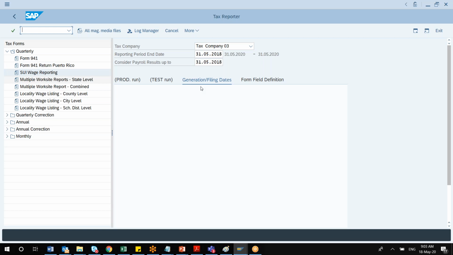But anyway, I'll just explain the concept here. This is the way you will be going through generation of the extract, because this access I'll be giving to you. It is up to you, and if it is not that, you can create your own payroll area, the way other students are doing, and experiment it out. So you'll be basically generating the filing data. It will generate the files here, and the form field definition is actually the structure of the reports and all the defined fields. They will be putting it here.